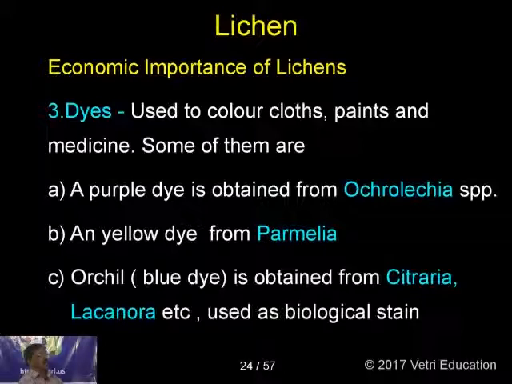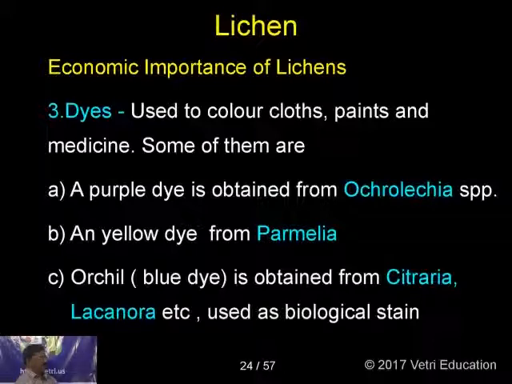The dyes are generally used to give color to cloth, whether silk or cotton, and also used in paints and in coloring medicines. Sometimes you can find medicines that are red or yellow in color, that is due to the dyes. A purple dye, a red dye is obtained from Acrolachia species, and a yellow dye is from Parmelia,